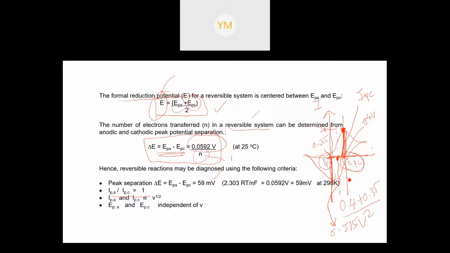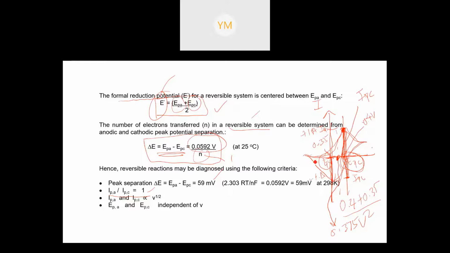So this is IPA. If it is reversible, IPC, let's say, is positive 1 ampere, and this is negative 1 ampere. 1 over 1, it should get 1, meaning that what is reduced